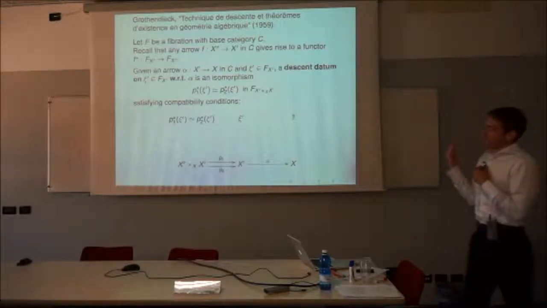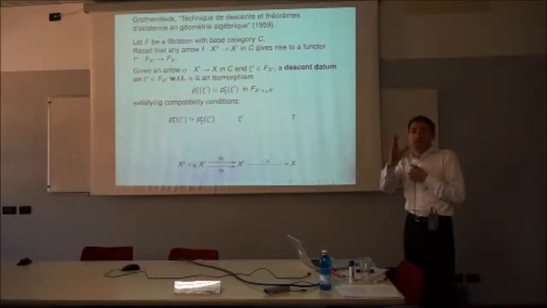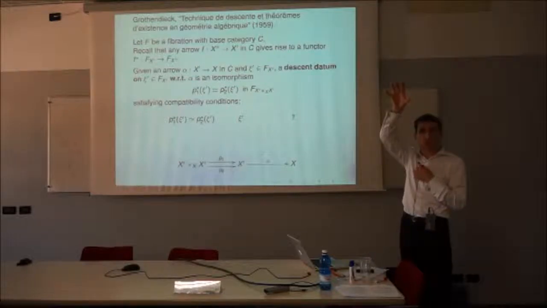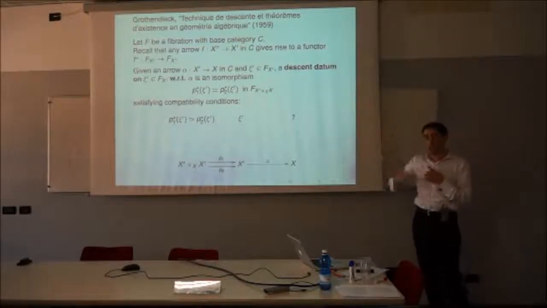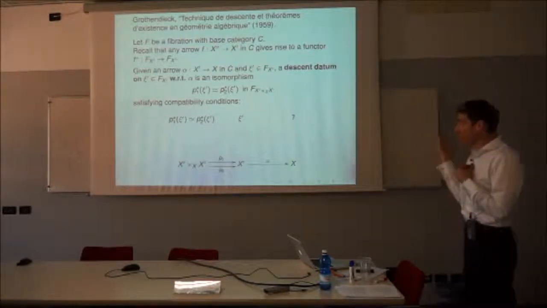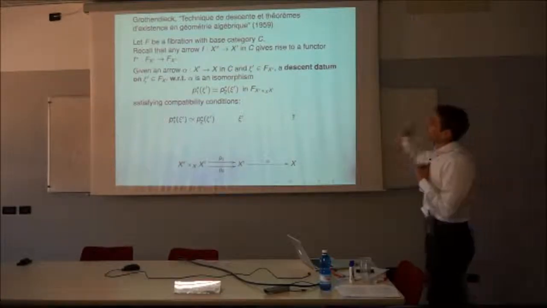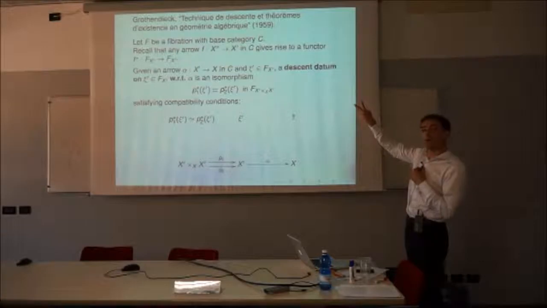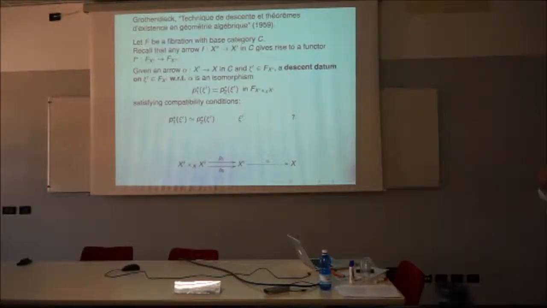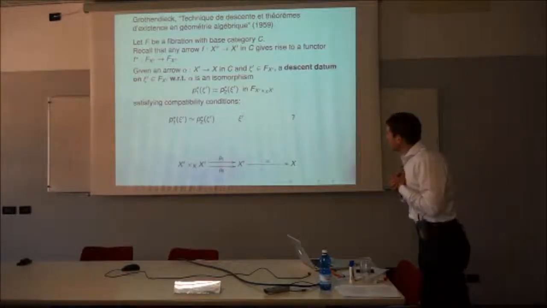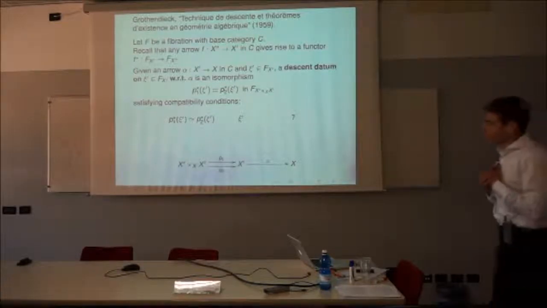So in the context of any fibration. What I showed you is about the specific fibration of continuous functions above topological spaces. So here is just the generalization to any fibration. You have a fibration F above a base category C. Recall that each time you have an arrow in the base category, you have a base change functor in the other direction. Now, Grothendieck defines what he calls a descent datum on C prime,